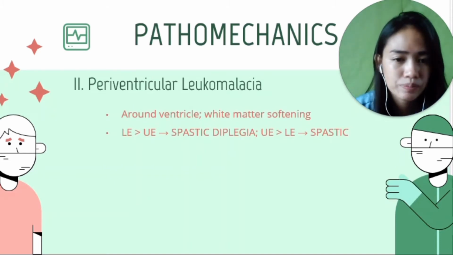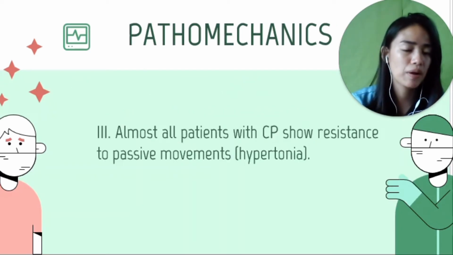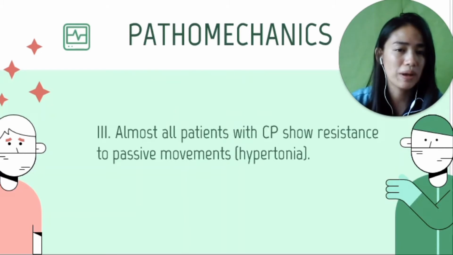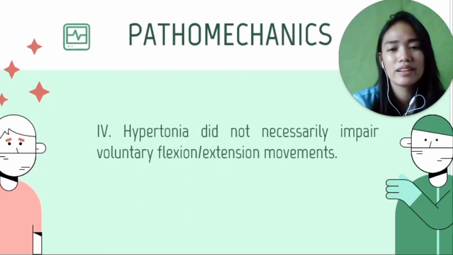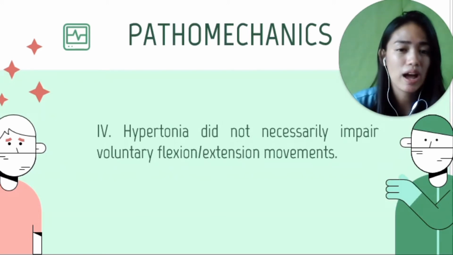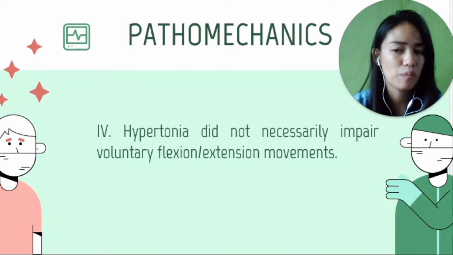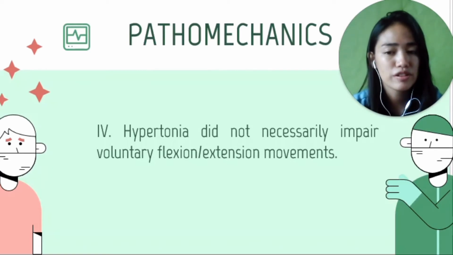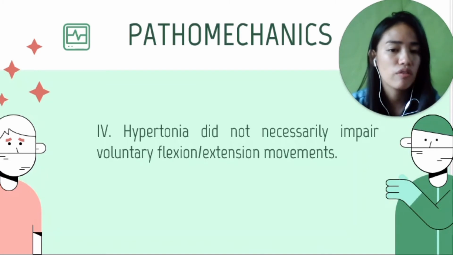Then for third, we have almost all patients with cerebral palsy show resistance to passive movements or hypertonia, so rigid. Fourth, we have hypertonia did not necessarily impair voluntary flexion or extension movements. So especially if alternating EMG activity is maintained in at least one of the pairs of the flexor or extensor